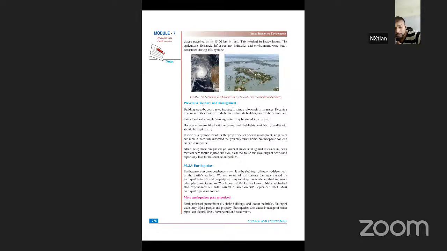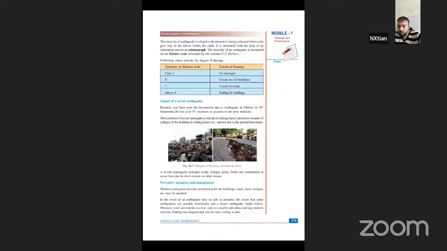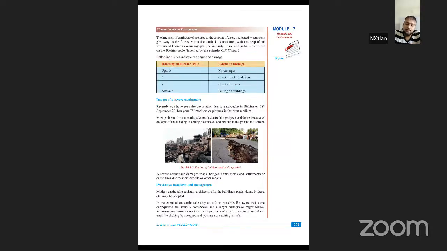Basically, in an earthquake, there is shaking, rolling, and sudden shock from the Earth's surface. Earthquakes have great intensity, shaking buildings, loosening the bricks, and making walls fall, and injuring people and property. The intensity of the earthquake is measured by an instrument called a seismograph, and the study of earthquakes is called seismology. The intensity of the earthquake is related to the amount of energy released when the rock gives way under force. Example,